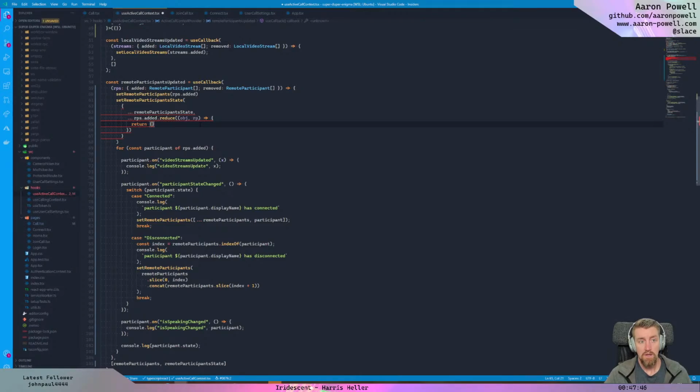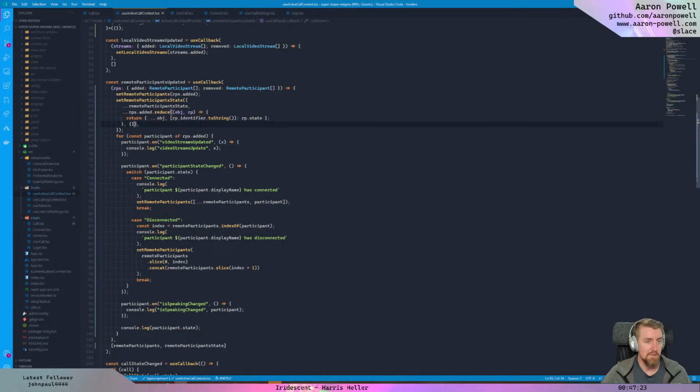the object spread with a new key of rp.identifier.toString colon rp.state, and then that will start as an empty object. Okay, so that is going to be some of the most unpleasant code that I've ever written, but essentially what it's doing is,